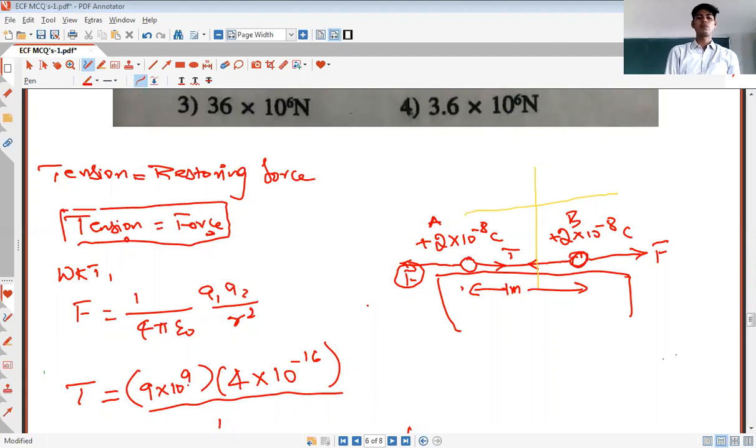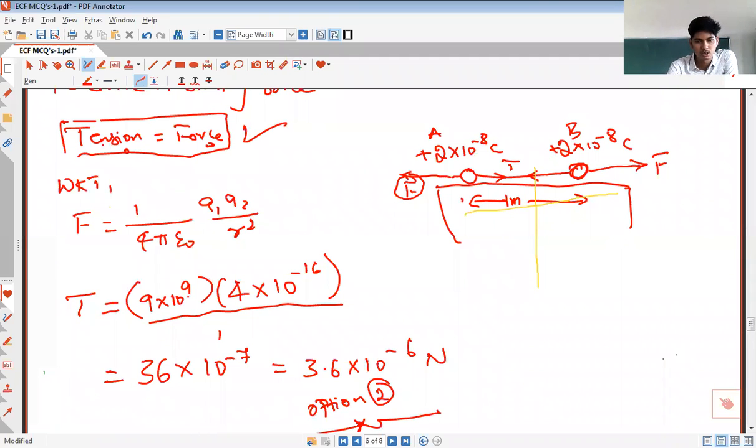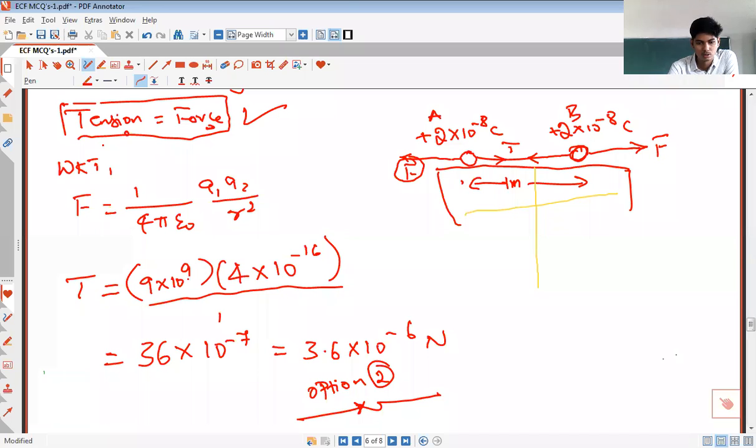So we'll take up the problems on tension in the string in detail. We'll prove that tension in the string will be equal to the force between two charged particles. Next class na adanu prove ಮಾಡಿ ತೋರಿಸ್ತೀನಿ. We'll prove that tension in the string is equal to the force between the two point charges. If this problem is clear, we'll move forward. Is this clear?